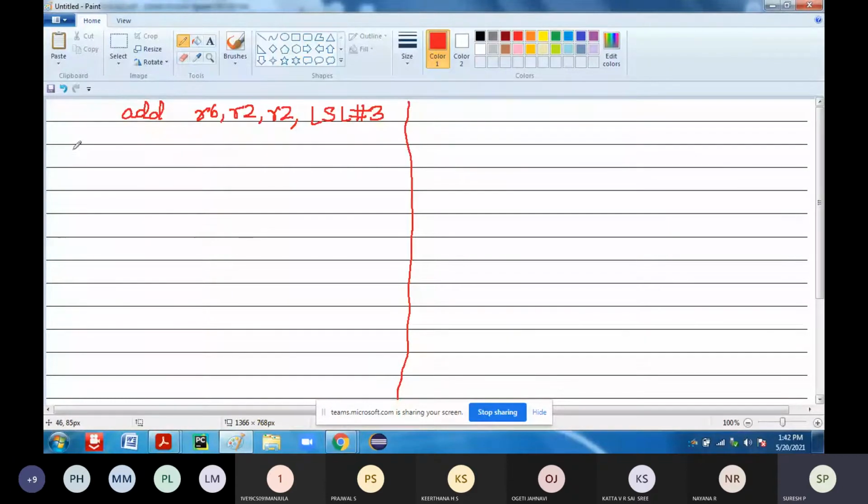Okay, so if we take the precondition, let R6 is equal to 10. Let R2 is equal to 3. Now can you give the answer now? What is the answer you are supposed to get? Can you solve it and give it? What's the answer you are going to get for this particular question? You solve and give. So this is the first operation which is going to be done in your barrel shifter.